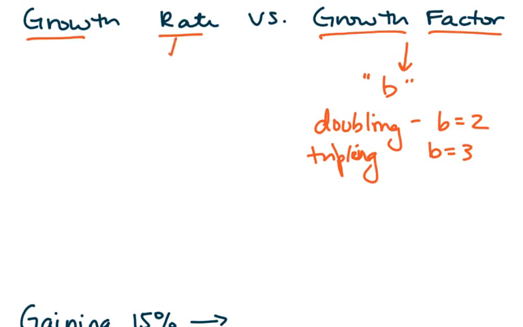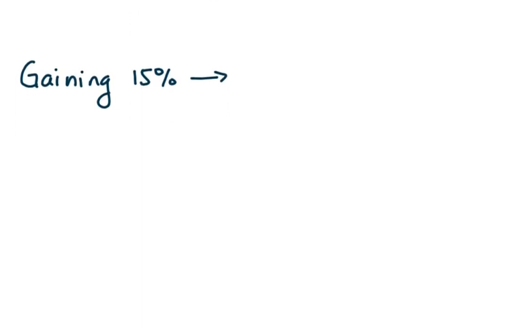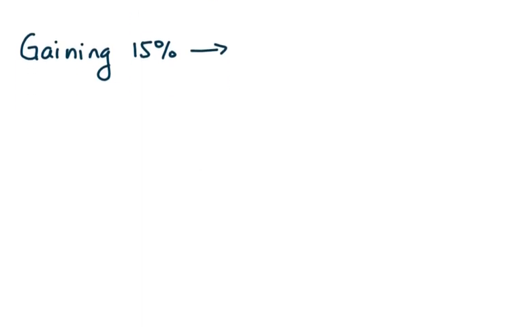Okay, so a growth rate is when you are given a percentage of growth. Okay, and we have to designate this because that must be turned into a growth factor. And so the way you do that is you have to think about something. So I'm going to do this through an example. Let's say we're gaining 15%. So what you need to understand is that we're getting all of the previous back